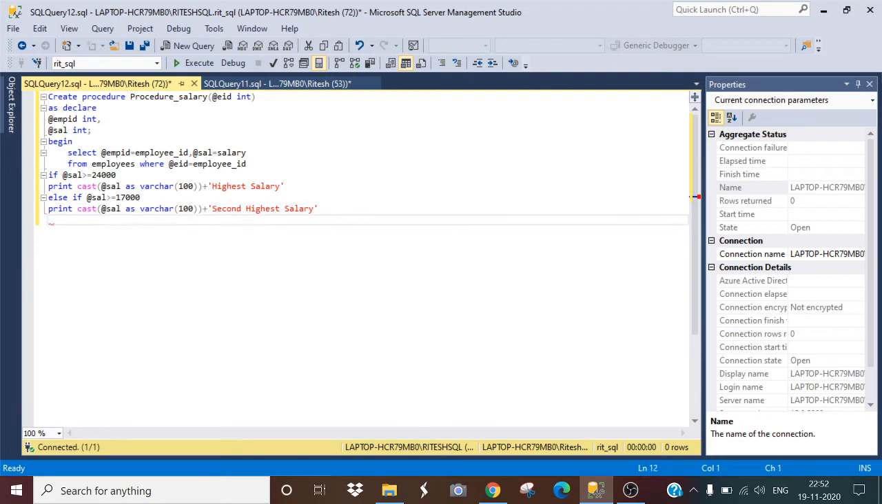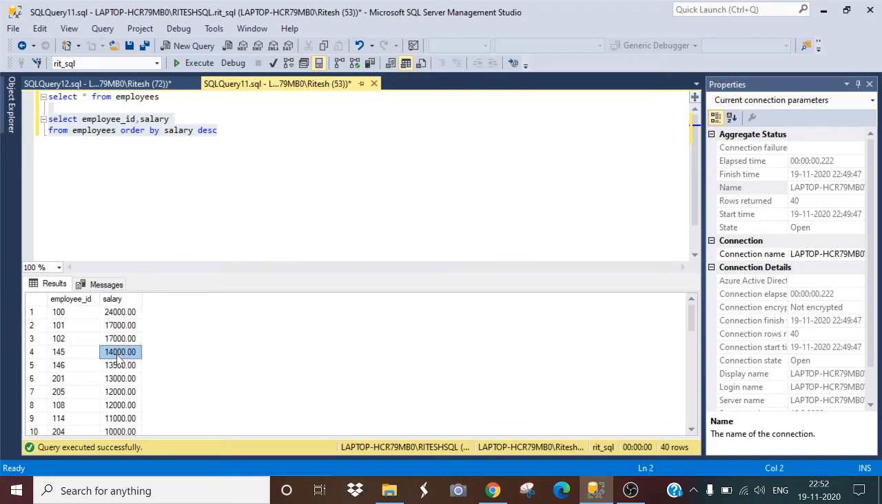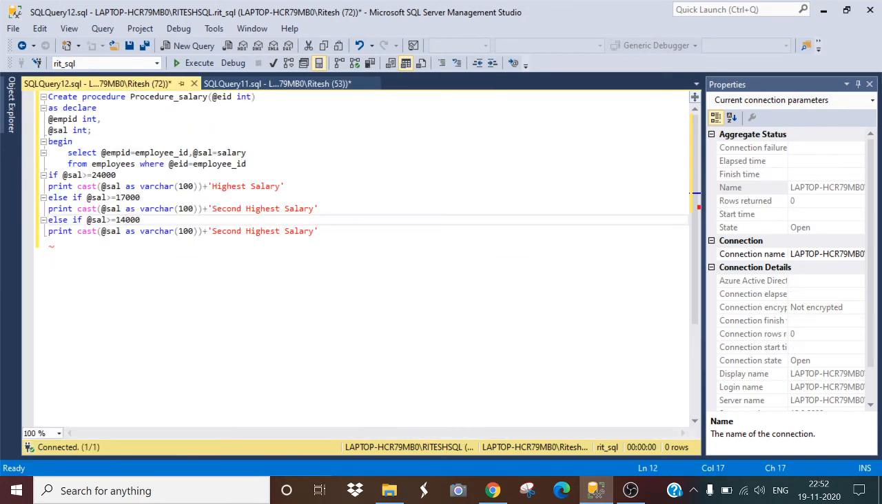Now I will give my third condition. I will copy all this, and here instead of 17 I will write 14, so 14,000 is my third highest. I will write this as third highest. Now in the else, I will copy this. In else I want the salary beyond 14,000 to be my low level, so I do not want to put a condition because that is under else. So it will be the low